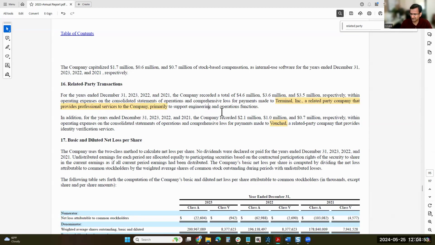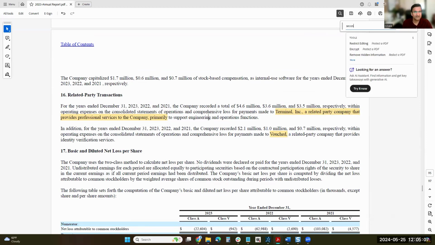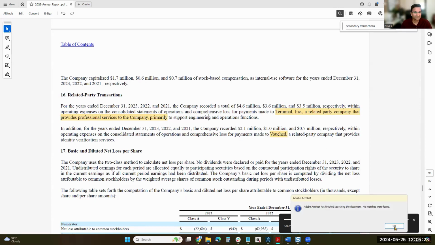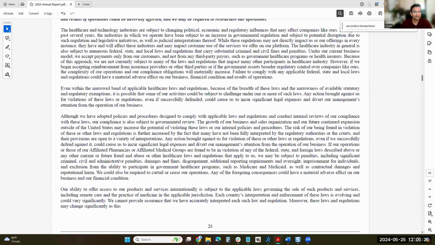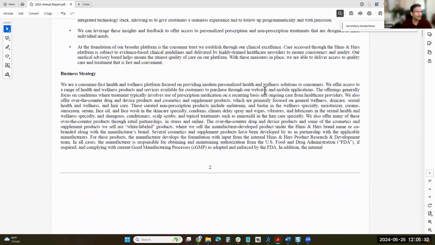What else do I want to look at before I jump onto financials? Secondary transactions. We want to see, is there anything that could raise alarm bells? No. Okay. So now let me go back and start from scratch and see if we can find some more detailed information about